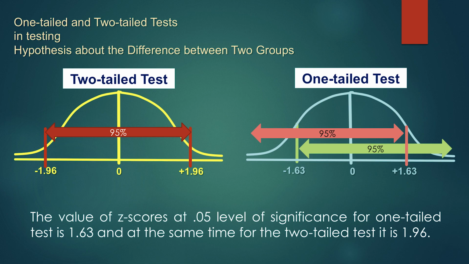Just to note that the value of Z score at the 0.05 level of significance for a one-tailed test is 1.63. At the same time, for the two-tailed test, it is